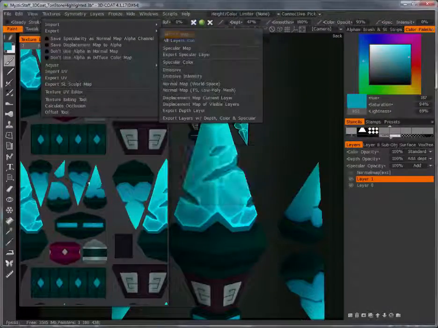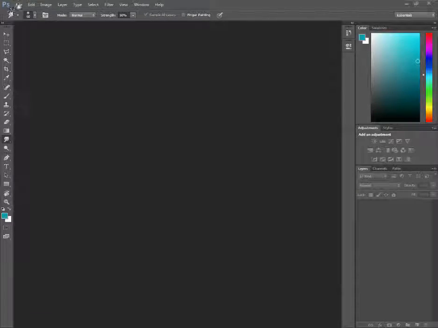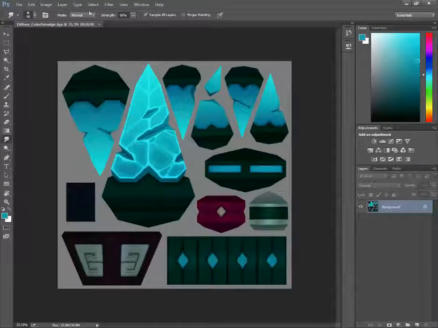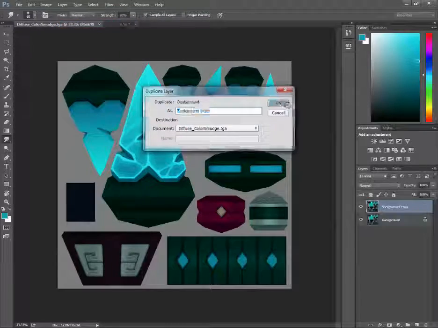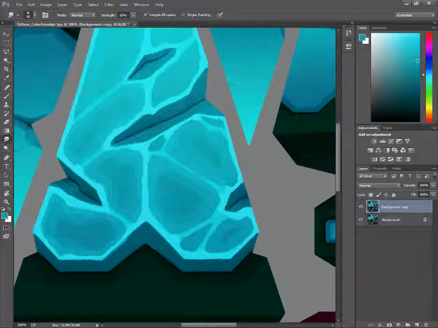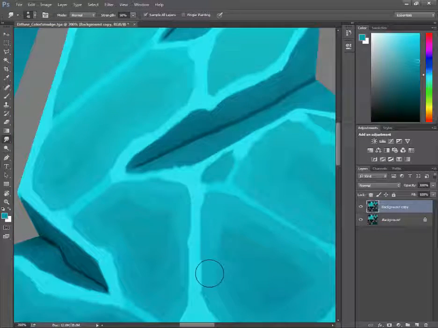And I'm not going to fill in the empty parts of the texture like I did the last one. I'm going to exit out of this. File, Open, Smudge. I'm going to first duplicate the layer so we have the original as a backup or reference. I'm going to take the smudge tool with sample all layers, and I can really zoom in and focus on some of these edge transitions like so,